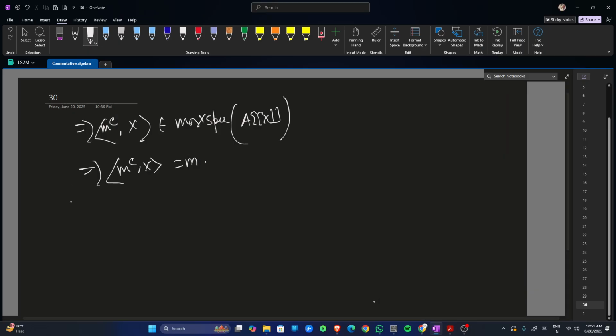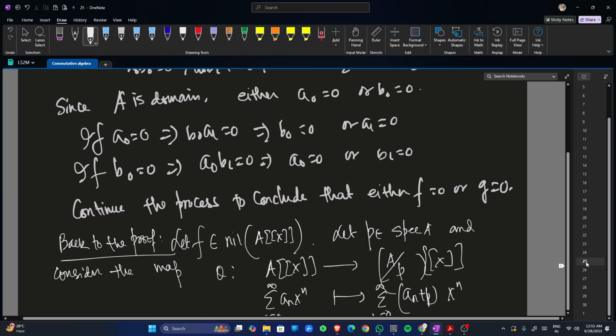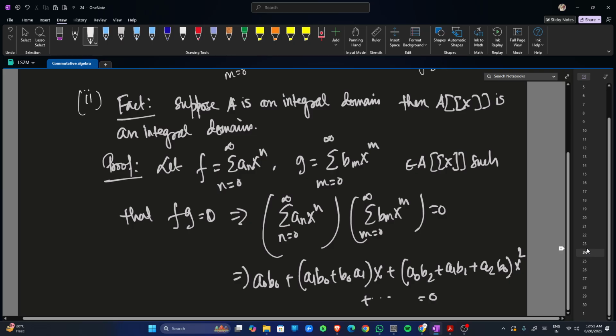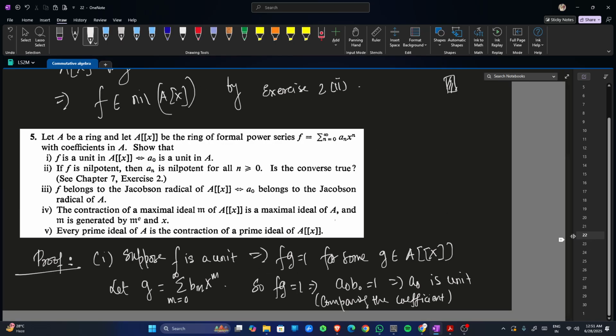And problem 5 says that, where is that? Problem 5 says that every prime ideal of A is a contraction of a prime ideal of A[[X]]. So you take a prime ideal from there and contract, it becomes a prime ideal. That's fine, but you have to show that every prime ideal of A is of the form of some contraction of some prime ideal. Okay,